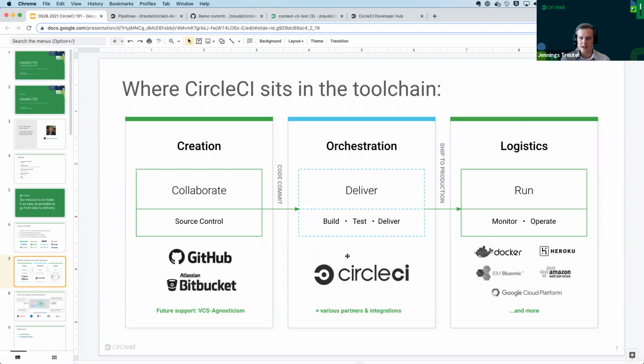And then, as you can see down here, we have many partners, and there are many third-party integrations that slot into CircleCI to extend the platform. And then finally,